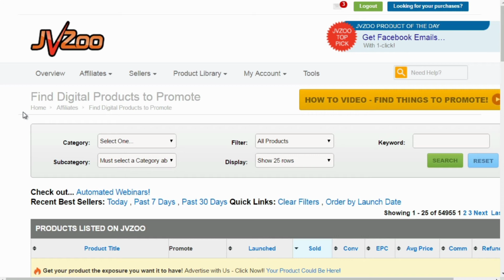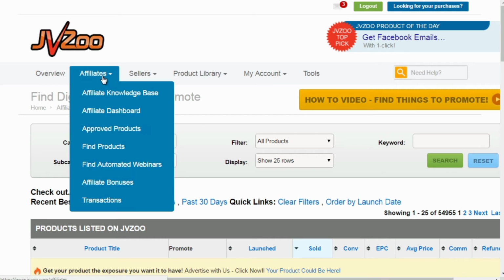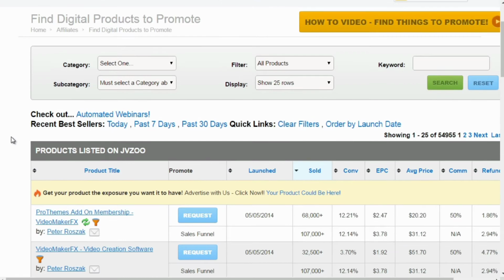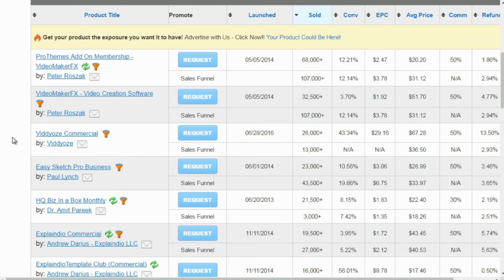Now, you do need an account to do this. So you need to go to jvzoo.com and create an account as an affiliate. And then if you go to the top and click on affiliates and click find products, you will be directed to this page where you'll be able to find digital products to promote. Now, obviously in this case, we're looking for vendors, but this gives us some good data to get an idea of what products are being sold, the conversion rate, the EPC, in other words, the earnings per click,